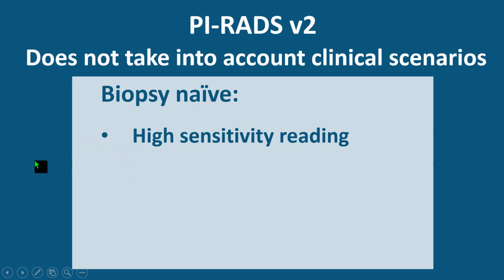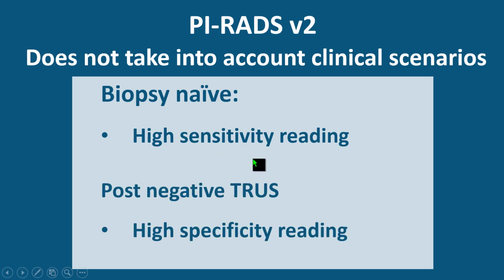Also take into account the population you're looking at. If you look at biopsy-naive patients, so actually it's a screening population, what is the biggest harm you can do to such a man? Diagnose an insignificant cancer. So we should do harm reduction. Does that mean that we have to look with high sensitivity reading or with high specificity reading? Sorry, we should look at this with high specificity reading. I did this at breakfast this morning, so this was wrong.